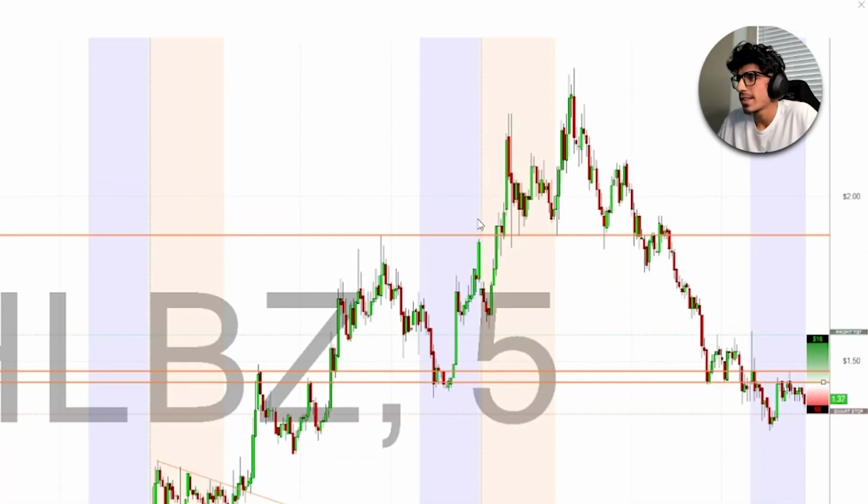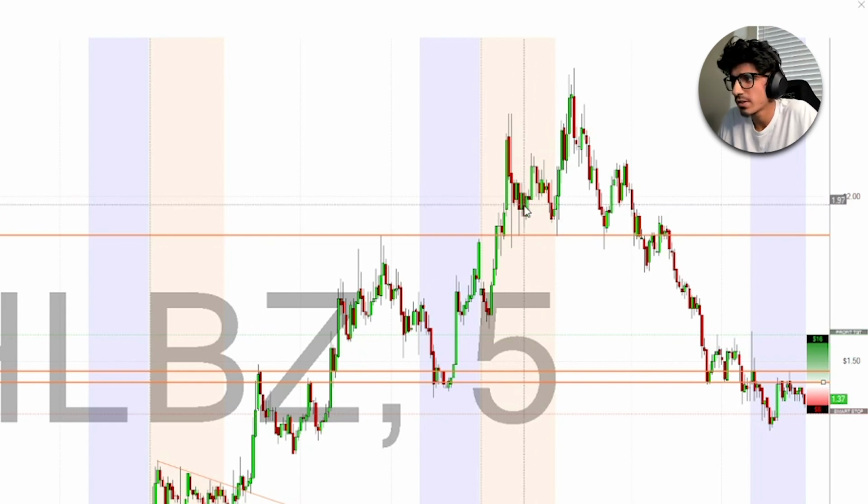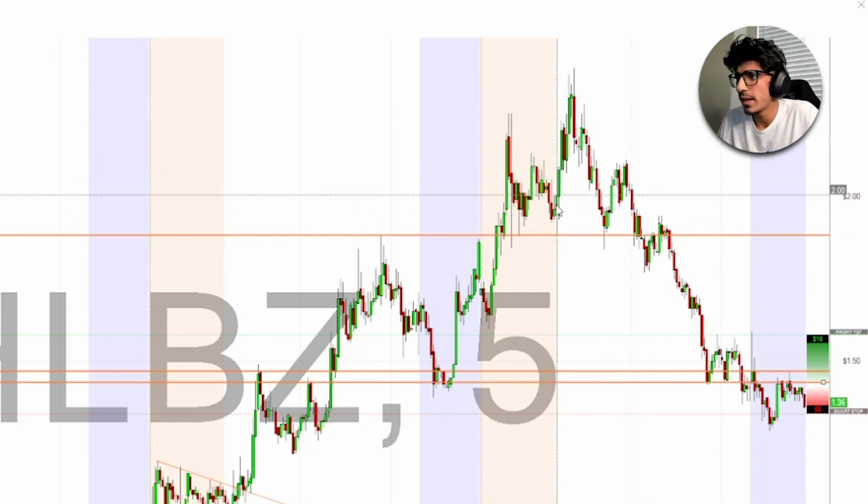So the first play that we had today was HLBZ. We started accumulating right around here at the 190s area, right under 2, so 1.99, for around 20 minutes. Just sized into around 50k shares at some point. I was going long here, nice pop there. Didn't scale any off, but was looking for a bigger run into open, and now we did get a dip